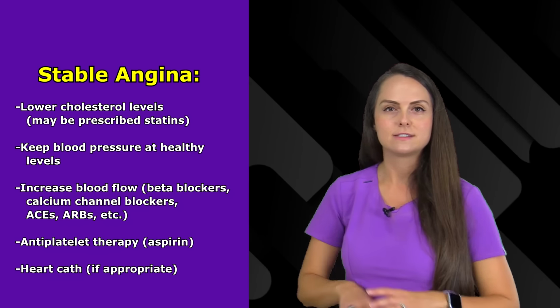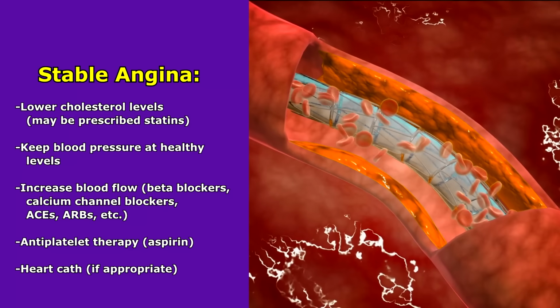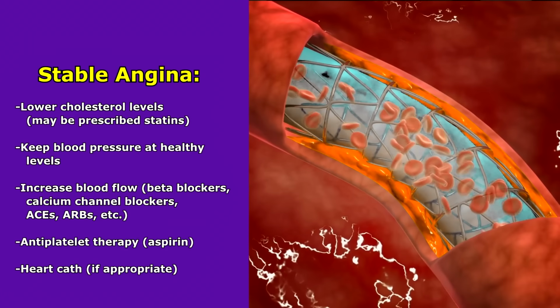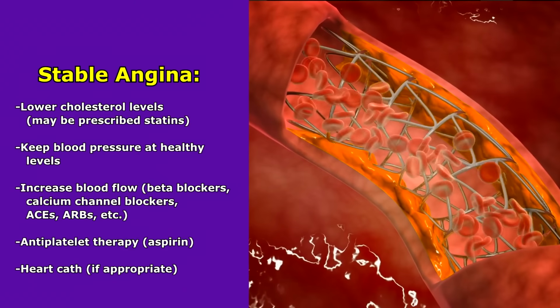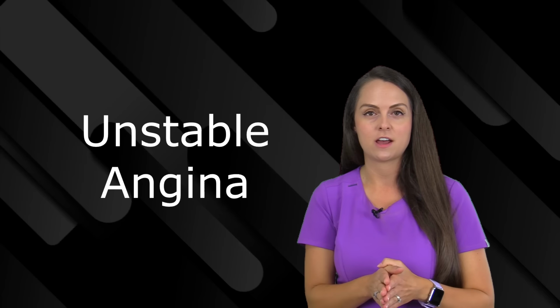And what a heart cath is, in simple terms, is that they go up through an artery, enter into the heart's arteries, and can open up that artery to allow blood flow to go through. So we just talked about stable angina. We have, in most cases, a fatty plaque that is stable. But over time, this fatty plaque can rupture, which leads us into the next type of angina, which is known